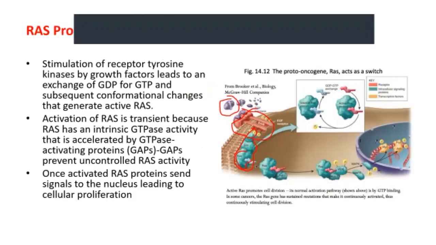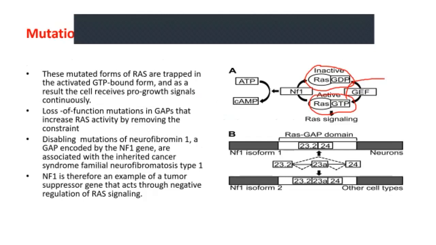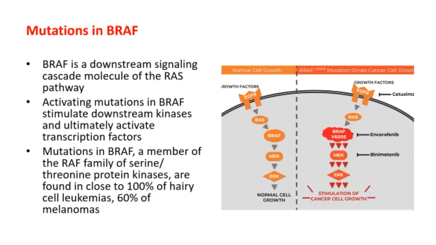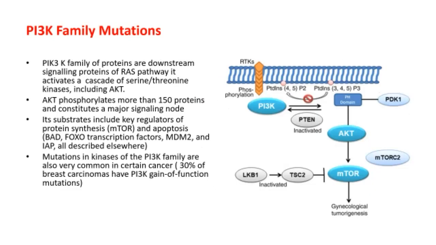Downstream of RAS is the RAF pathway. Mutations in BRAF are usually seen in melanoma, hairy cell leukemia, and lung cancers, and also contribute to survival. Mutations in RAF protein or aberrant RAF proteins also lead to carcinogenesis. So it is basically a downstream molecule. It is upstream to the MAP ERK pathway, but downstream to RAS. It is seen in 100% of hairy cell leukemia and in 60% of melanomas.